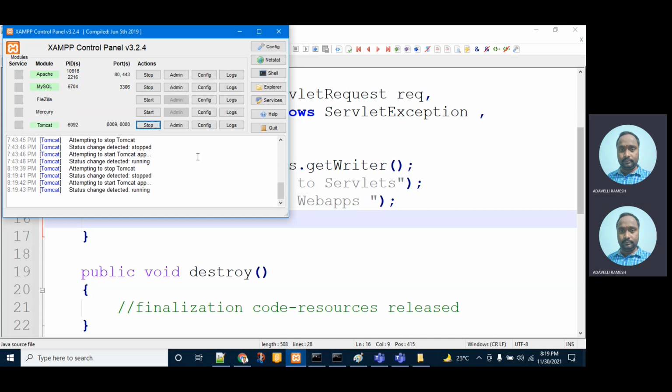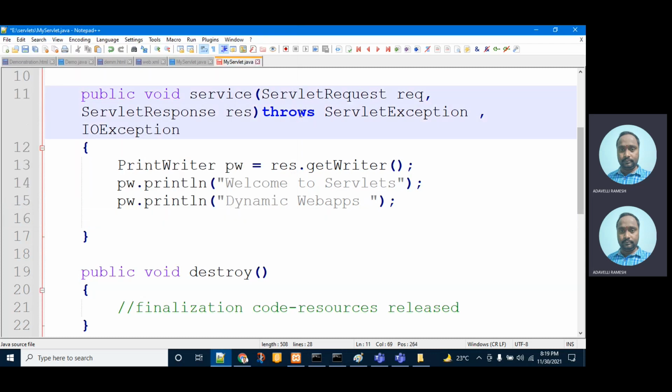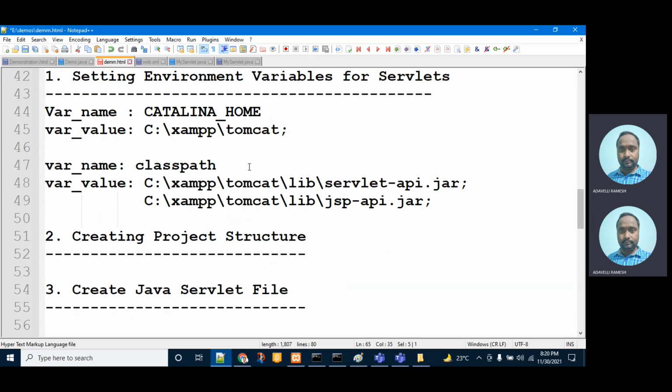Is it clear? Otherwise, the servlet container knows only the first version. For any changes, you need to stop and start the server.